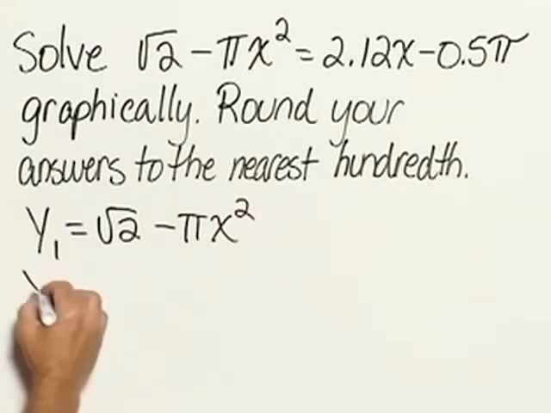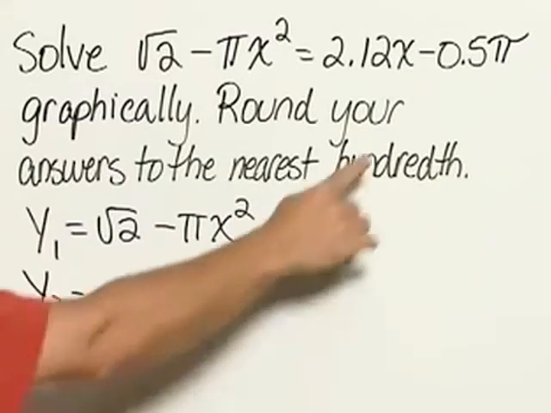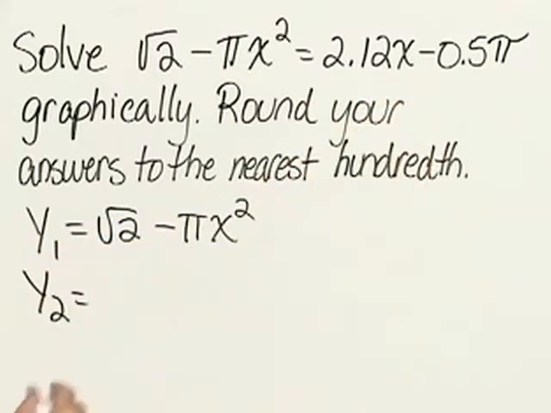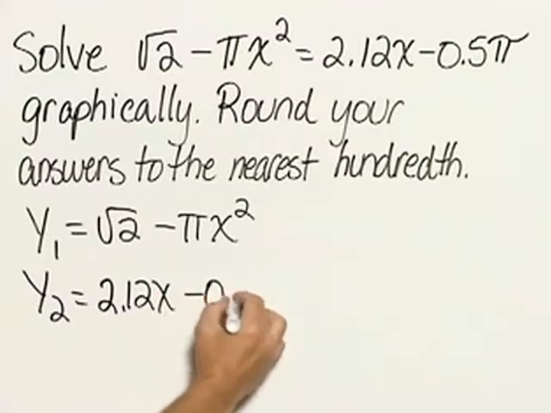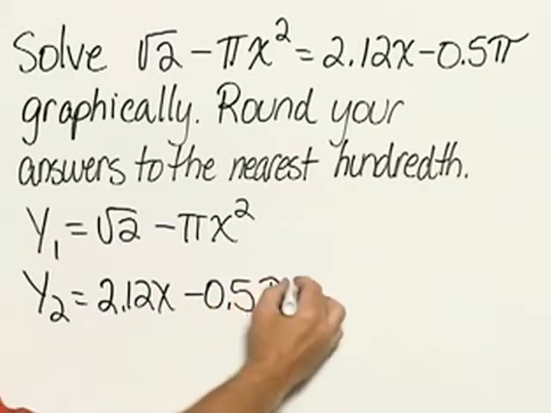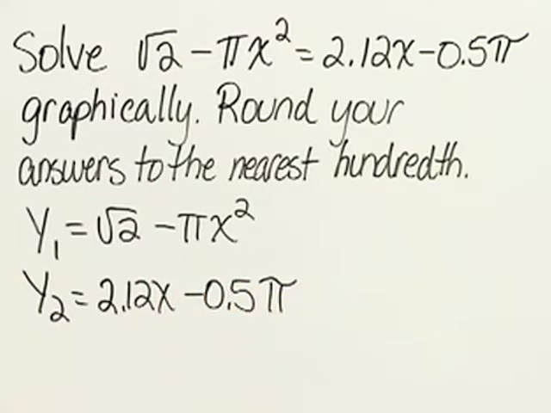Then y sub 2 will be equal to the right-hand side, and so that would be 2.12x minus 0.5 pi. So we'll enter these onto the calculator and find where the two graphs intersect, and those